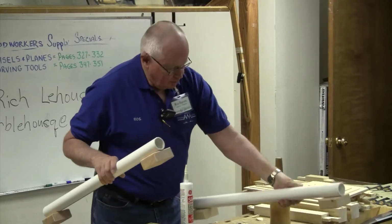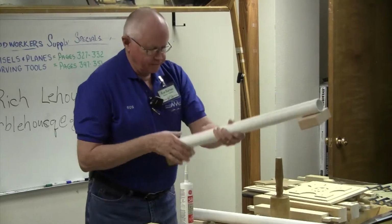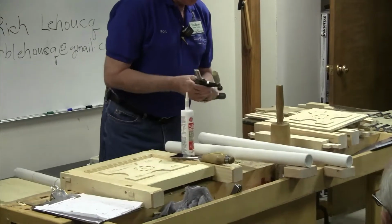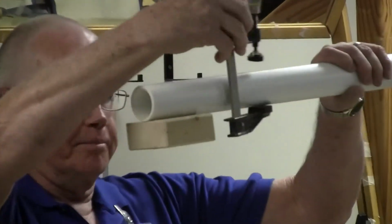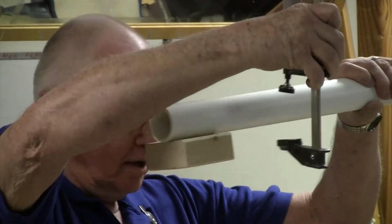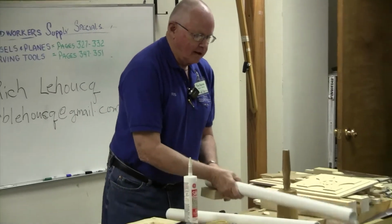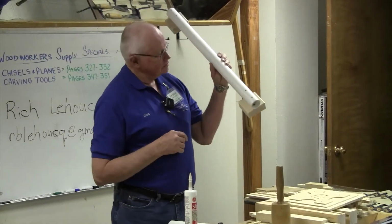I made these to span the width of the bench that I use for glue up. And what happens with this, once you set these in place, this gives you enough elevation now you can get the head of your clamp underneath your project, clearance between the clamp and the bench. You also have the ability to clamp in all directions. You can use the same idea for painting,